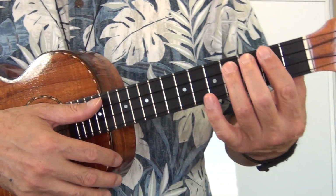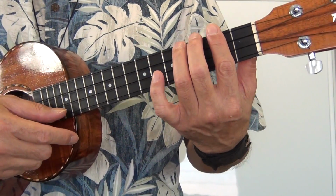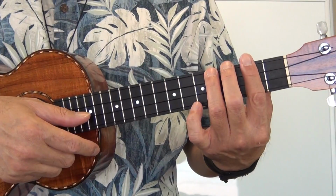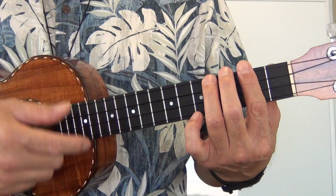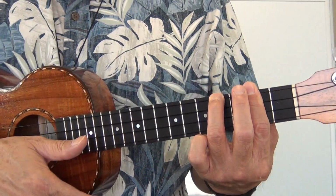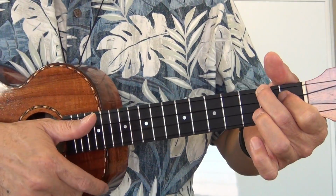Okay, here we go. Here's a 4 count, maybe just a little bit slower. Okay, once again, on the up strums, watch the arrows, watch where it says "and." Here we go, starting with the B minor. 1, 2, 3, 4, 1 and 2 and 3 and 4 and 1 and 2 and 3 and 4 and